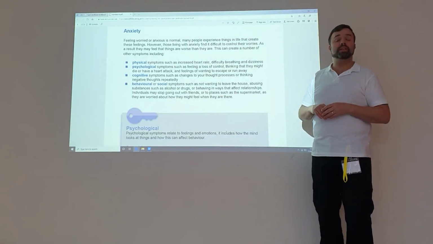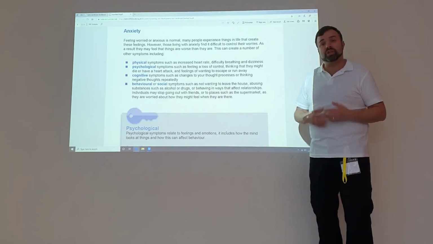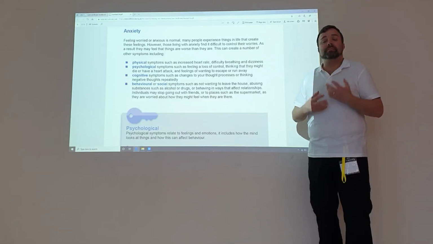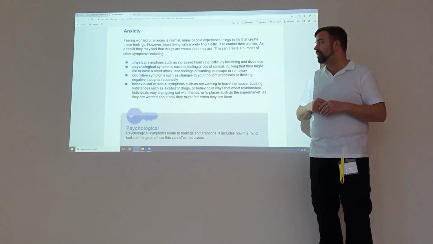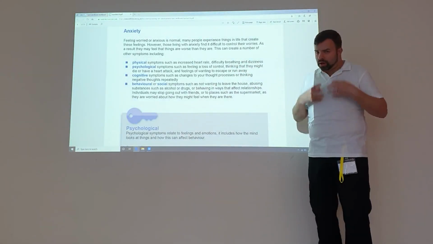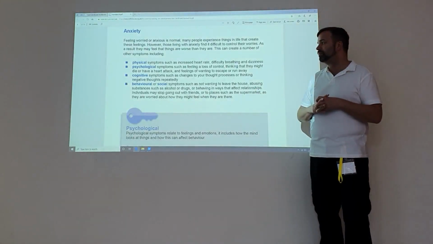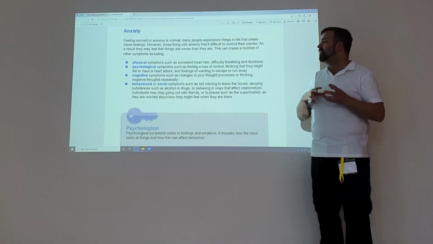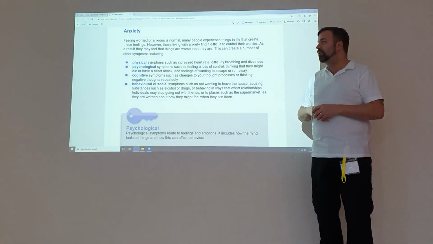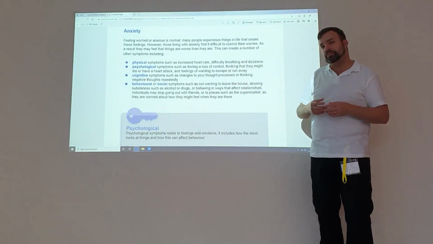It can increase your breathing, it can make you breathe faster. Meaning if we're taking in more oxygen, we're taking in less carbon dioxide. So therefore it's important that we try to help regulate breathing. We may find that our heart rate increases, so our heart's pumping faster. So we could help somebody by calming them down. Psychological, we can see things of feeling losing control and people saying that they want to run away and they can't cope. So we need to try and help those thoughts by slowing the mind down.